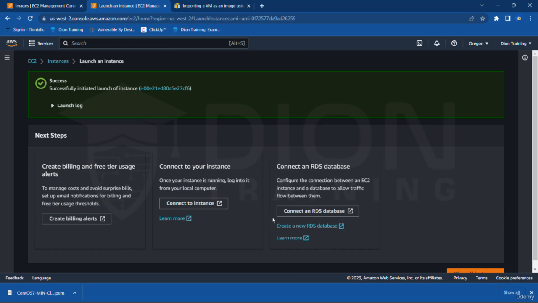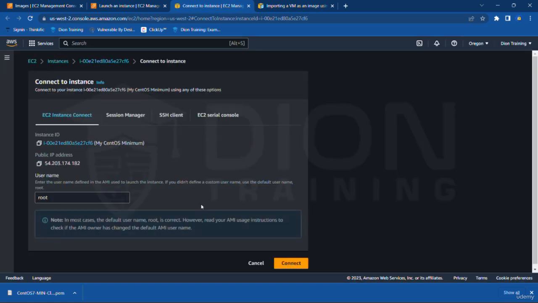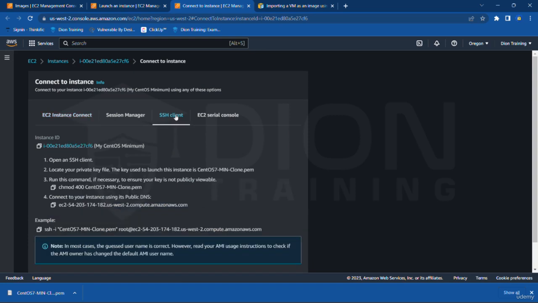Okay, and we're on our way. Next thing we're going to do is actually connect to our instance using our SSH terminal. So if you click connect to instance, it's going to give us a few options here. Now we're going to focus on the SSH client, and this is going to allow us to connect from any terminal, as long as we have that key. Now what I'm going to do next is I'm going to copy this command, upload the new key, and then try to connect. So I'm going to copy this,